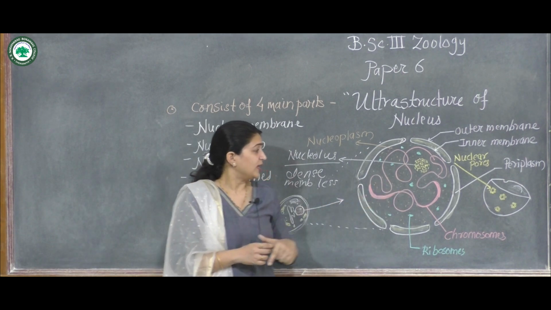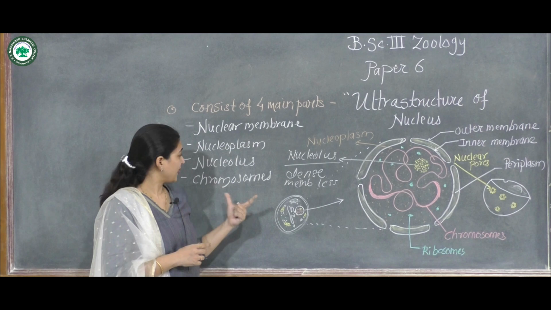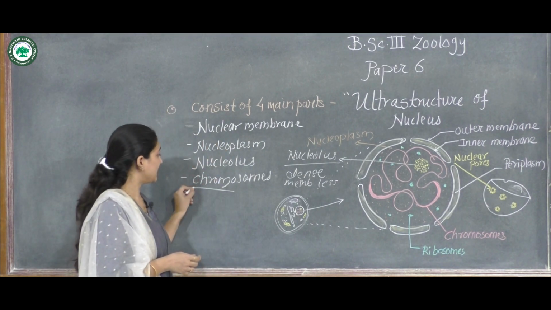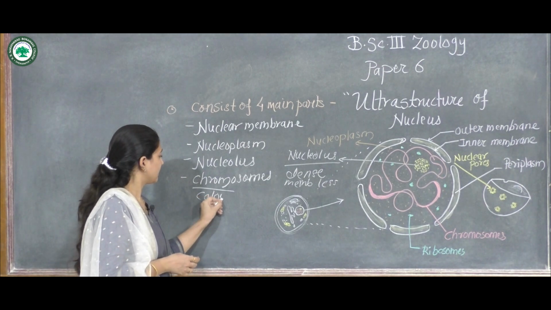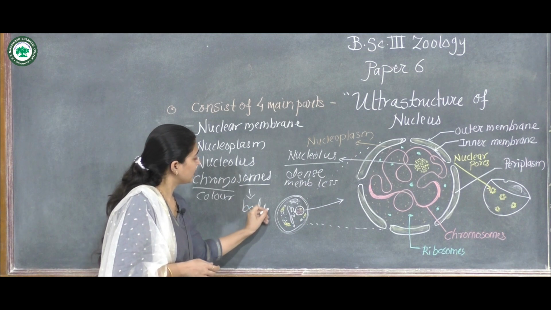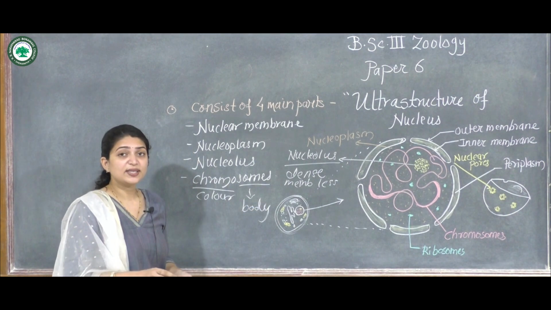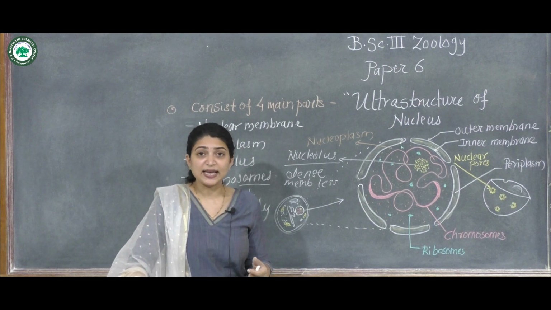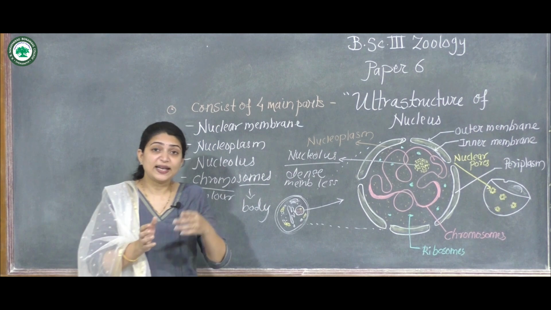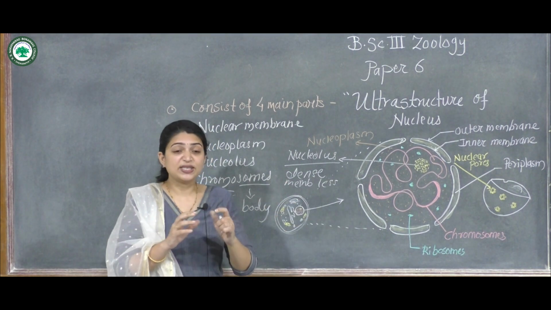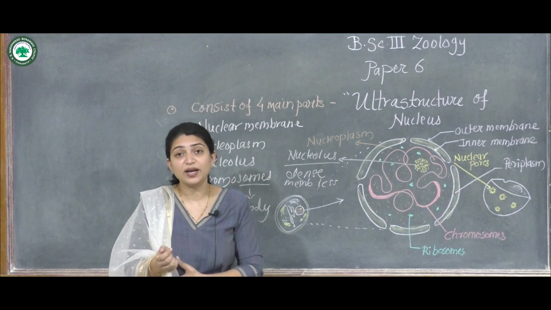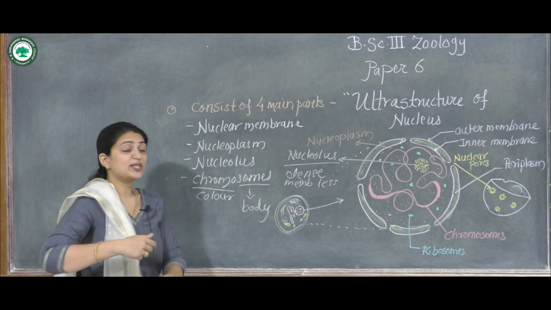Okay, now after the nucleolus, let's move on to the chromosomes. Chromosomes means, chroma means color and somes means body. So these are called colored bodies. Why? Because when they are present in the cell, they do not appear in colored form, but when they are stained, they appear colored. These are the bodies that can be stained, given color to observe under a microscope. So these are called chromosomes.